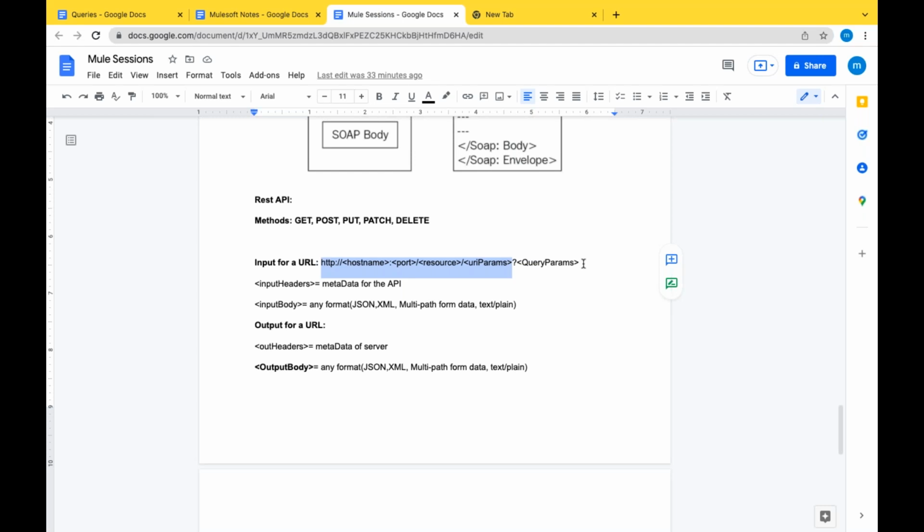So you pass the department in the query parameter and fetch the data. If you pass the department as sales, you get the details of all the employees who are in sales.